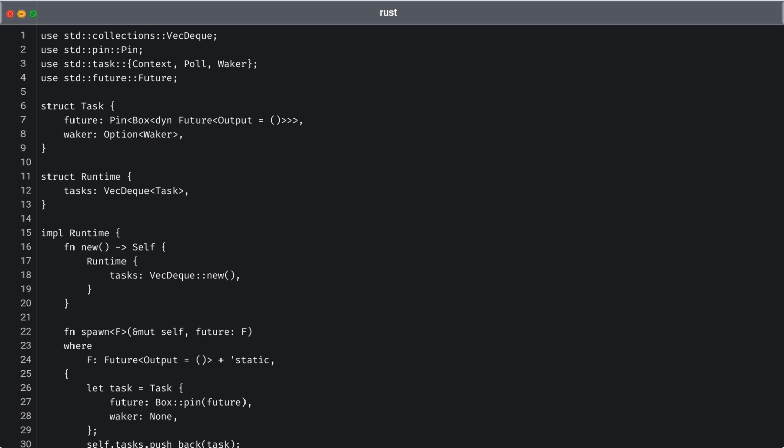a Box. This is especially important for asynchronous tasks to ensure they maintain a stable memory address during execution. The waker, initialized to None, allows our tasks to notify the runtime when they're ready to be polled again. Once the task is set up, it gets pushed onto our VecDeque queue, making it ready for execution in our main scheduling loop. With this structure in place, we are poised to handle the scheduling and management of asynchronous tasks